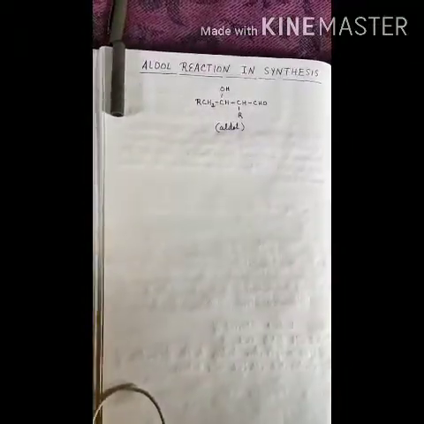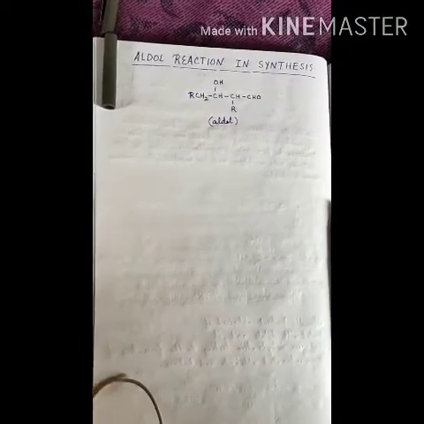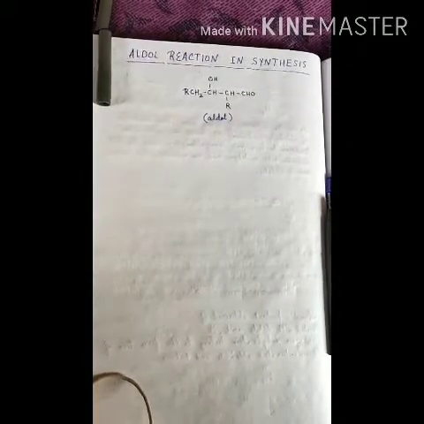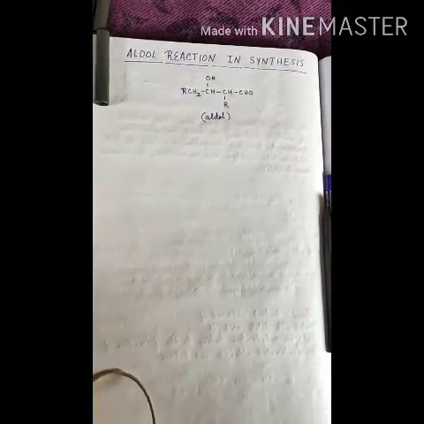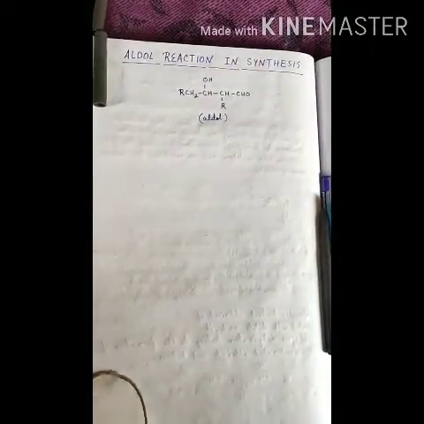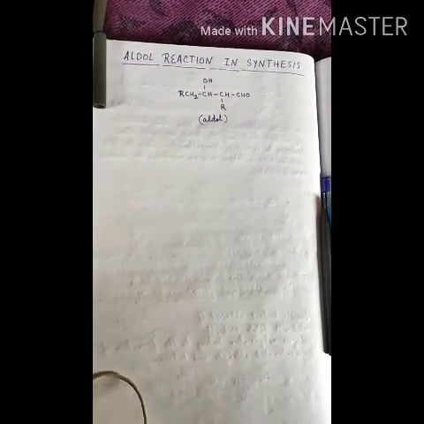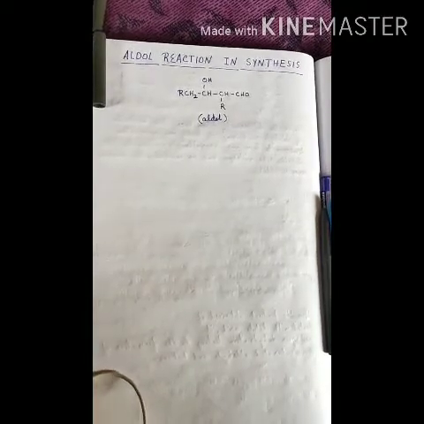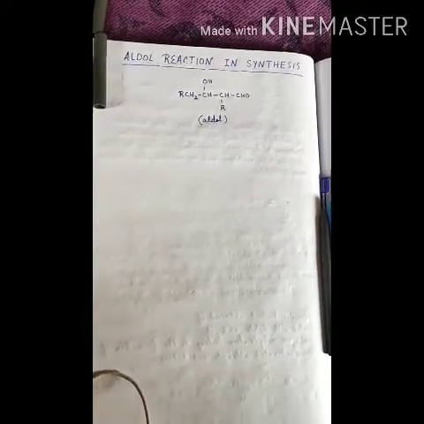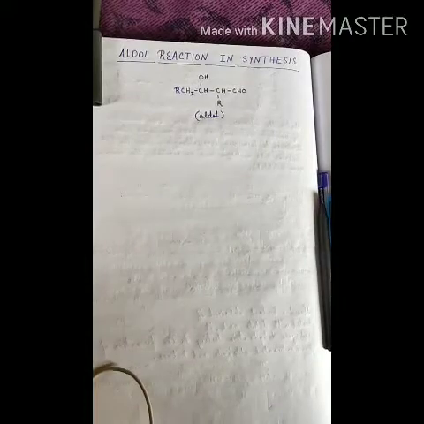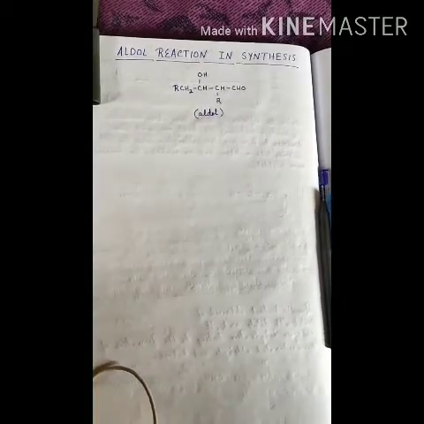Now I will discuss how this aldol condensation reaction, that means the product aldol, is useful for producing different types of compounds, that is how this reaction is useful in synthesis. Actually we get the aldol, the functional groups both are there, OH and CHO, and thus these functional groups can be converted into a number of useful compounds like 1,3-diols, saturated alcohols, alpha beta unsaturated aldehyde, allylic alcohols and aldehydes. So this will be useful in the different types of conversions that we will do after completing the whole organic chemistry.